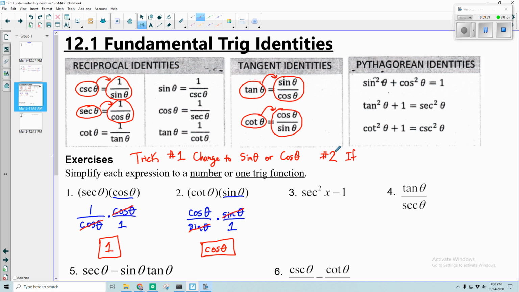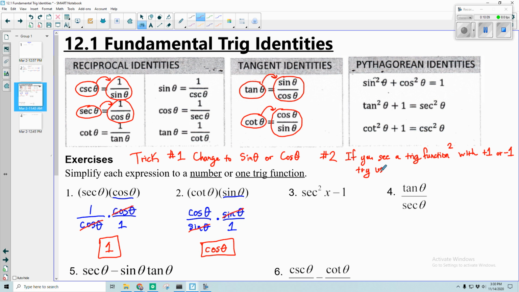So trick number 2 goes, if you see a trig function, so any trig function, sine, cosine, tangent, cotangent, the reciprocals, if you see any trig function and it is squared, okay, if it's squared with +1 or -1 along with it. So if you see a squared trig function with +1 or -1 next to it, you can try